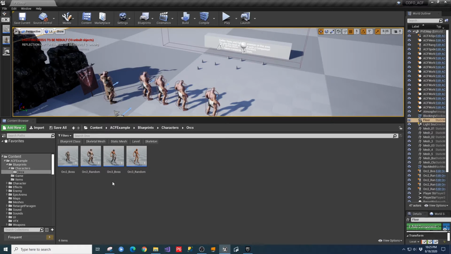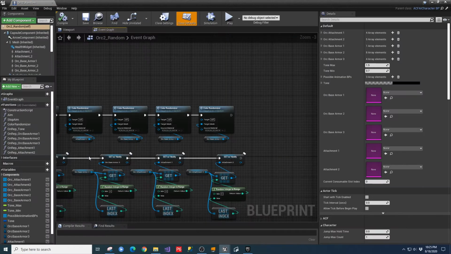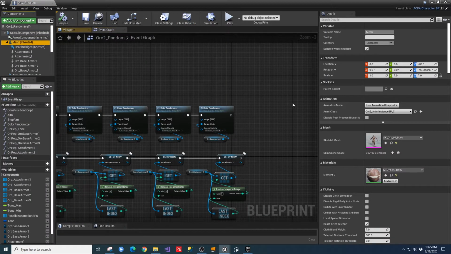He could have his own move sets and specialty moves, etc. So that's why I'm doing that. Now, inside of my Orc2 random blueprint, all we're doing in here now, we would go and set our skeletal